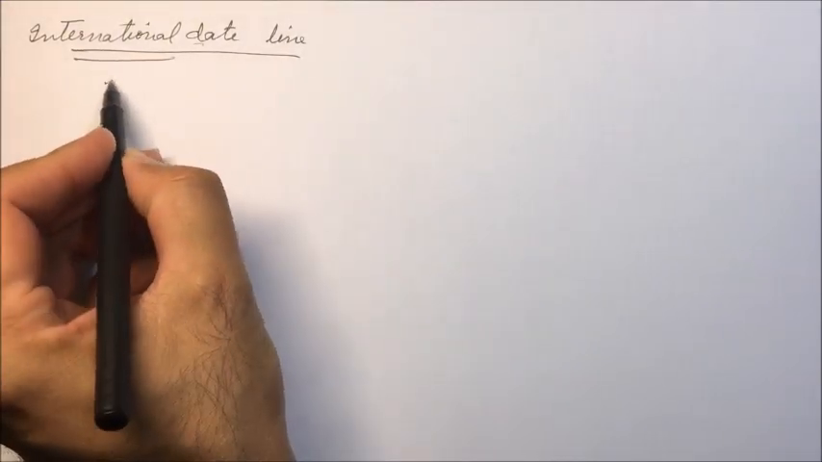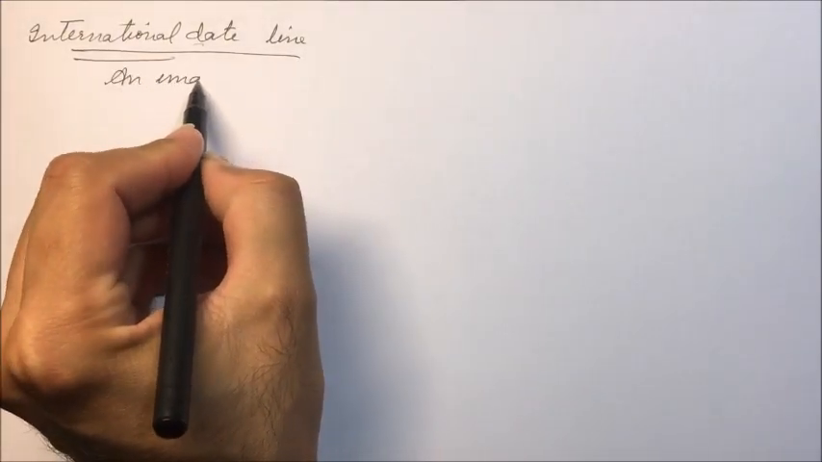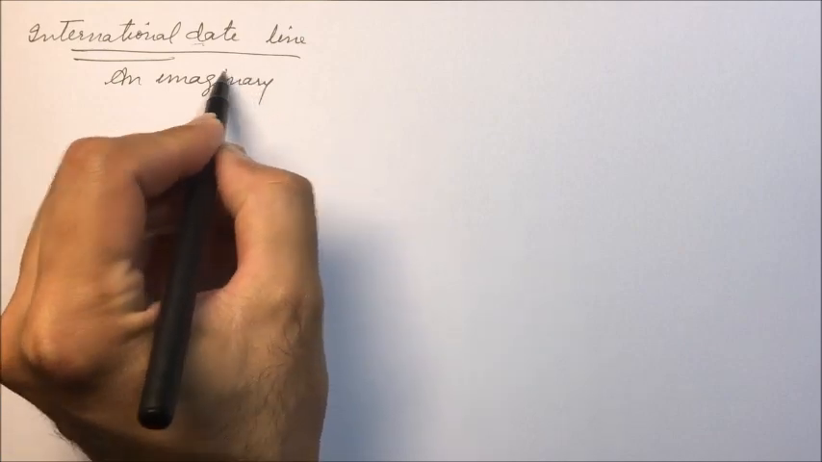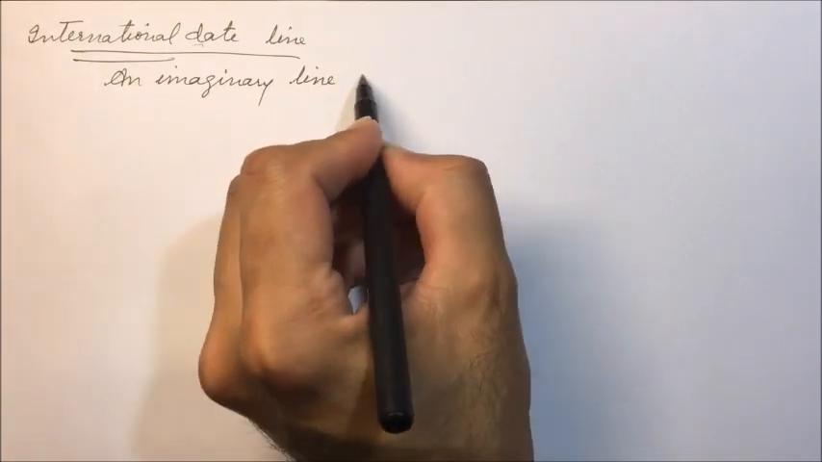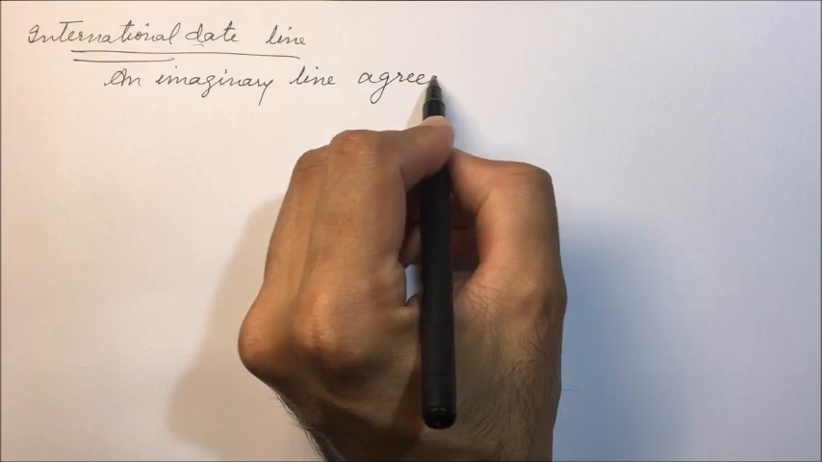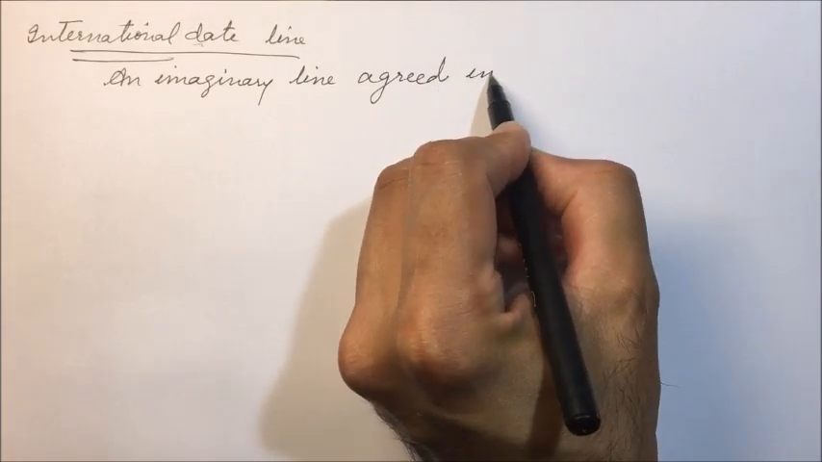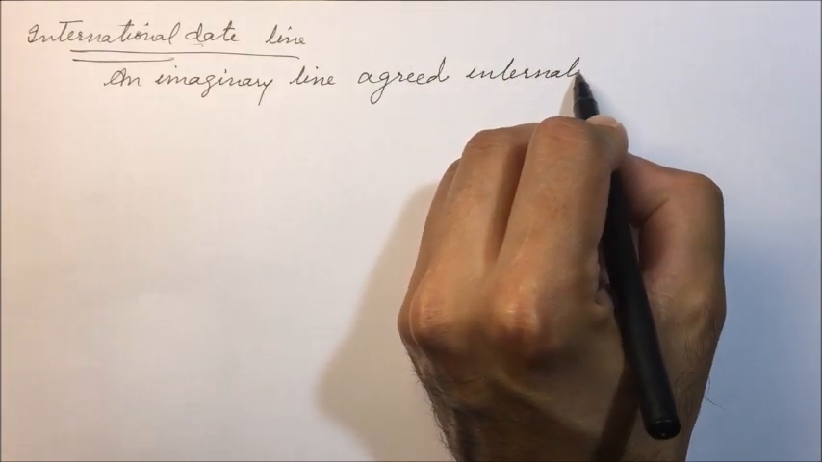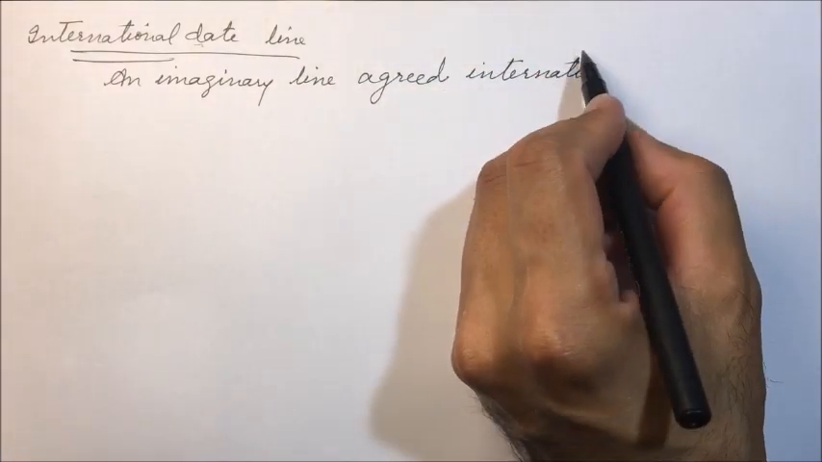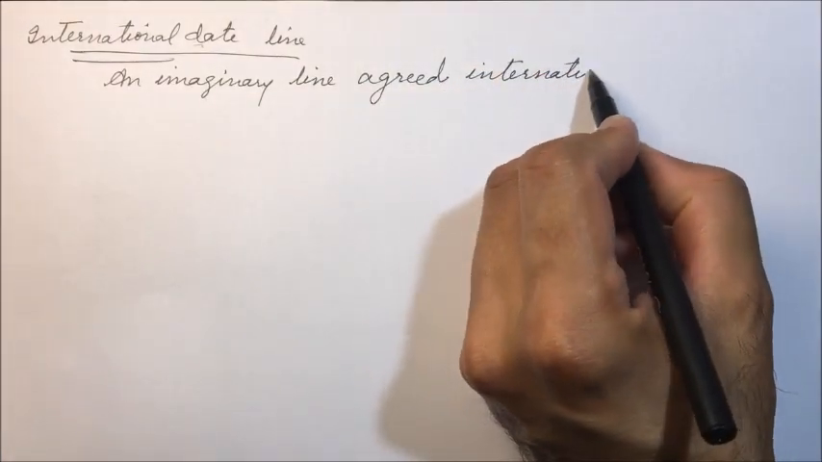Hello, today we'll be discussing the international date line. So, what is the international date line? It is an imaginary line, an imaginary line agreed internationally. That is, all the nations have agreed to this line internationally,